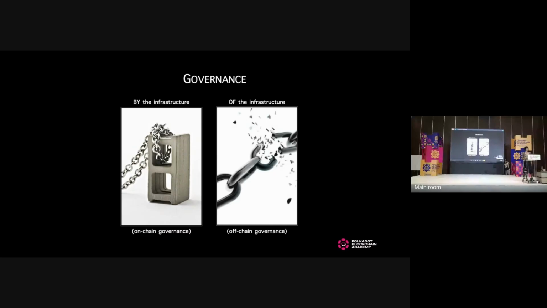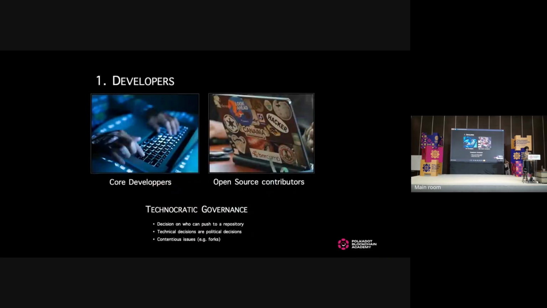So now we're gonna take a little deep dive into who are the various actors that are engaged in either on-chain and off-chain governance, because those actors are actually the actors that we somehow have to trust in order to acquire confidence in the system. So the first category of actors are obviously the developers,